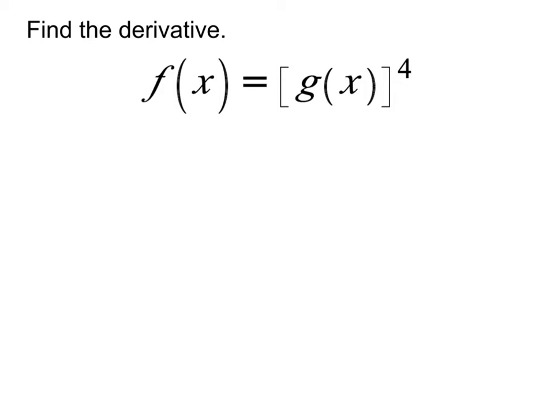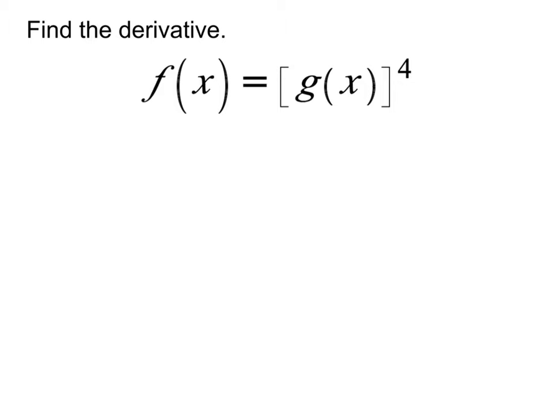So we're going to start by taking a look at the last problem out of last night's assignment. If you did a little bit of plotting and scheming and a little planning, a little bit of a strategy there on last night's assignment, you might have thought to do the same. You might have thought to start with this last one because everything in that assignment was to the fourth, basically. And so if you'd done this first, then you could have applied that to a couple of the other problems at the same time. And so in order to find this derivative, now first of all, remember what this really